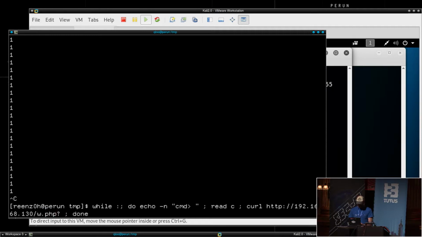PHP k equals, and now we encode with base64. And we probably need some echo.